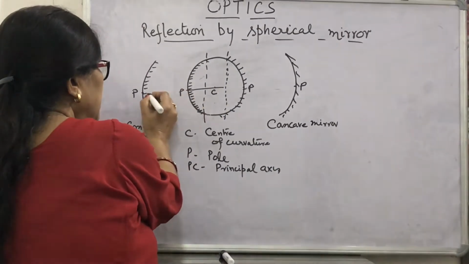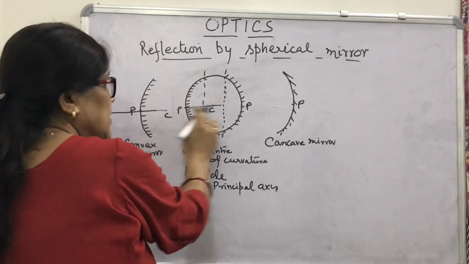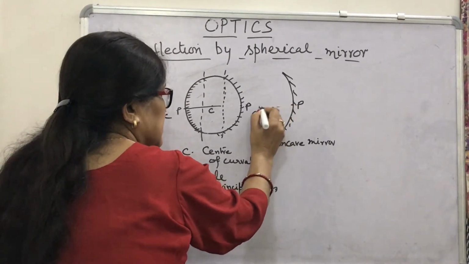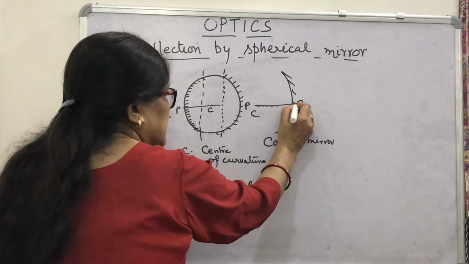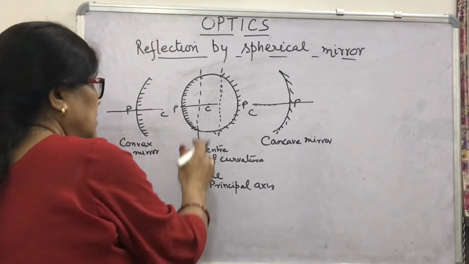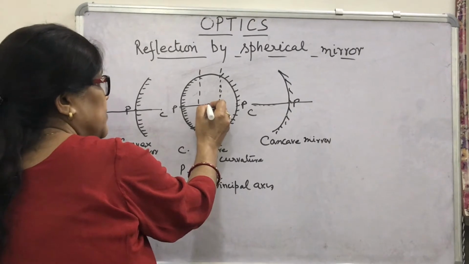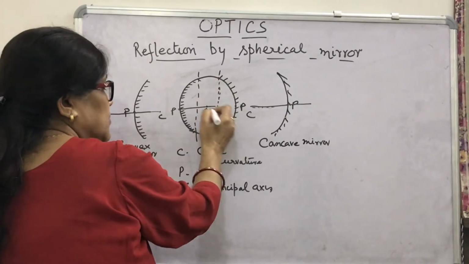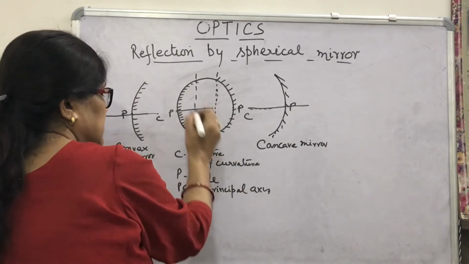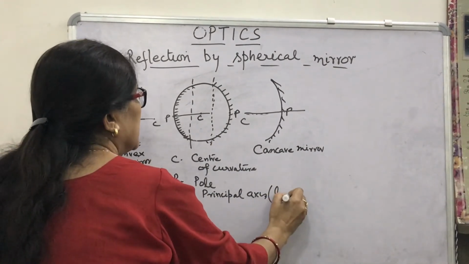For the convex mirror, C will be here on this side if you draw it separately. So this will be the PC. For the concave mirror, if this is C, then you will find this line. This is PC, the principal axis. One more point. The distance between P and C, or the distance of the point C from any point on the circumference, these are all radii. So PC is also one of them. This PC is the line joining P and C.